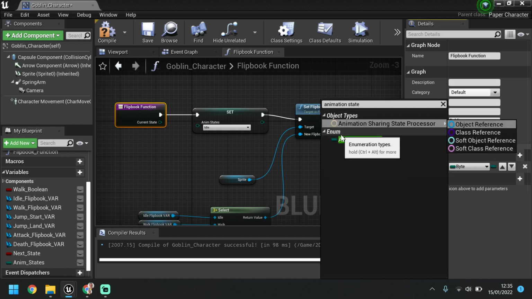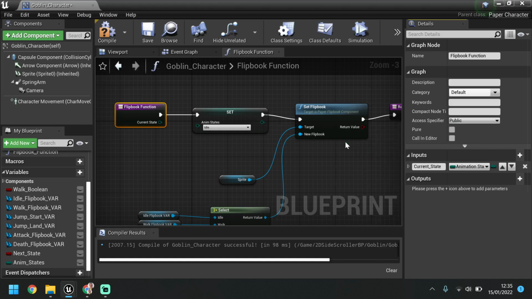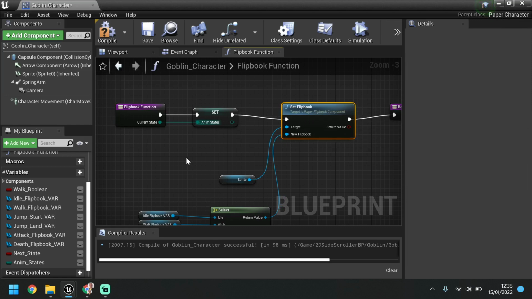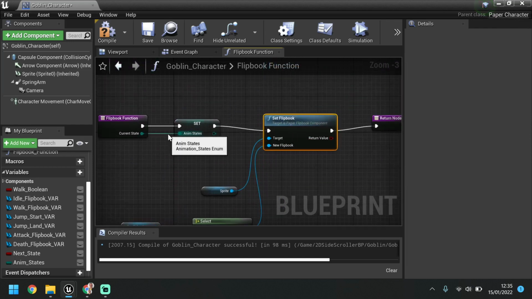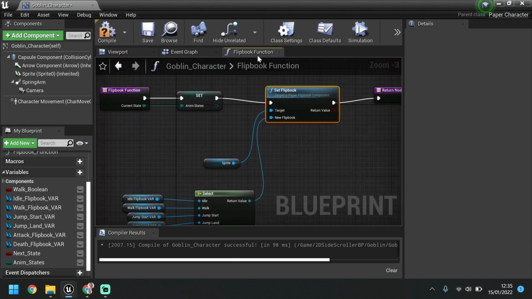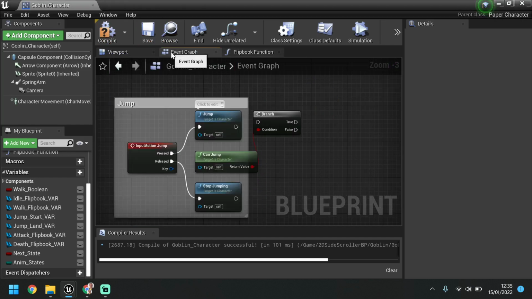So we're looking for the enum that we set up earlier. So we just click on here. This gives us a little pin here, which we can then connect up to this part. So now this should work correctly, and the flipbook function should give us the option to select from these. So these are the flipbooks connecting up, and this should allow, when the flipbook function is called for, we can select one of these. So if we just compile, save this, and then go back to the event graph,